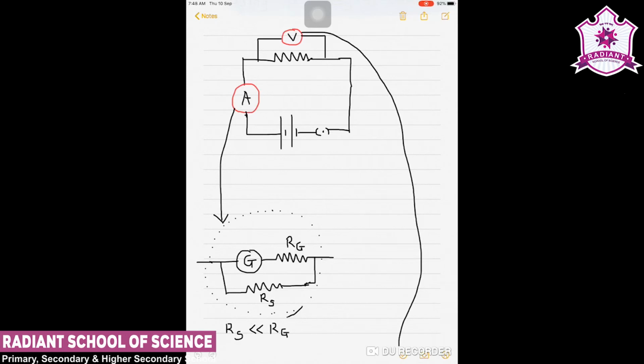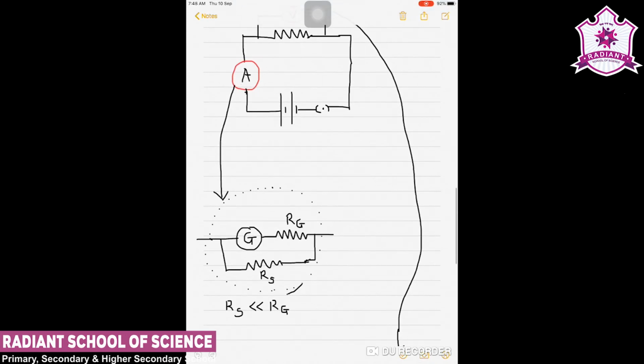We know that when anything is connected in parallel, its overall resistance becomes R resultant, or R for the ammeter, equal to Rg into Rs over Rg plus